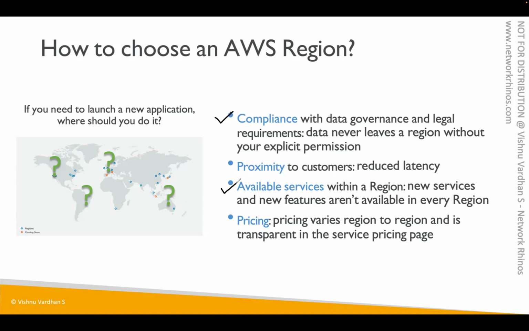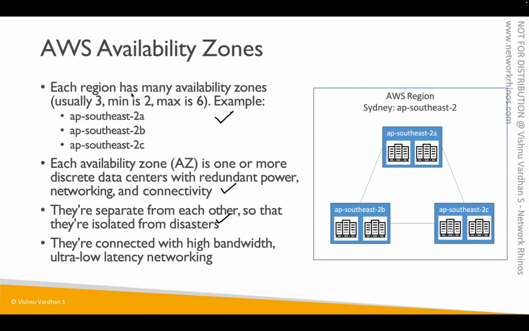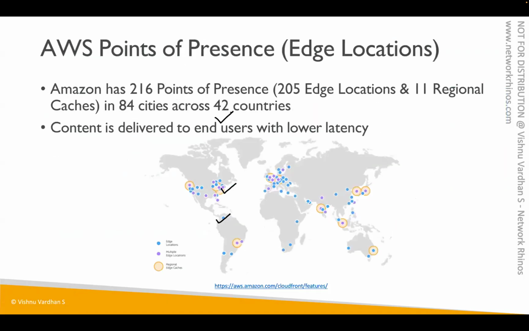Now, available services. See, some regions do not have some services available and some regions only have them. So check out the services you need to bring up your application and whether those services are available or not. Pricing, see, your pricing will vary depending on the region also. It varies. Check out the pricing page also to choose the region. Okay. So you already cleared availability zone. POP we'll see later, not now. Or else I can